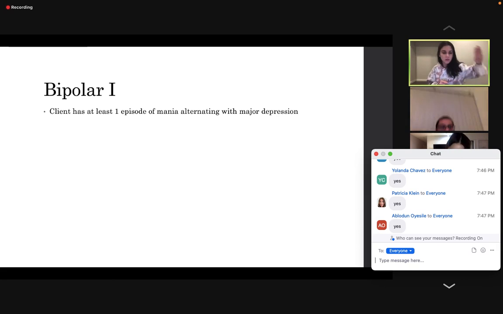All the symptoms we've discussed last week, SIG E CAPS, remember? That's what it is. They're not new depressive symptoms, they're the same. So they alternate labile mood, okay? Severe mania and depression, okay? Oftentimes I hear doctors say that this is the worst one. This is the worst one.